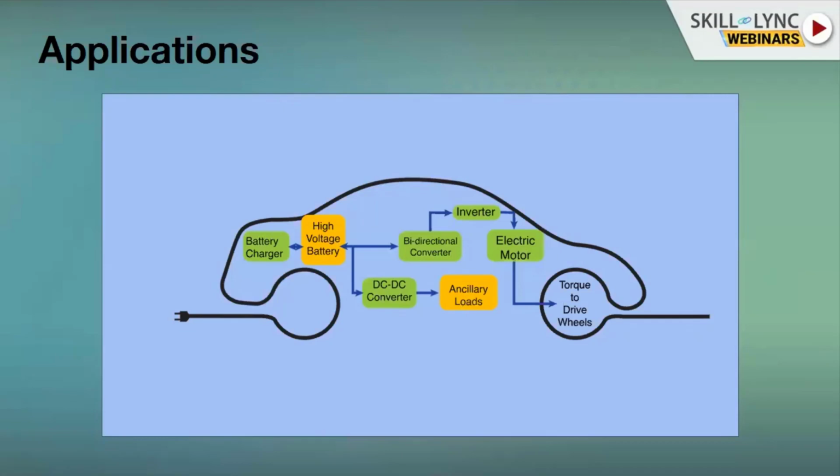For propulsion, the motor is AC. So from the battery, the available energy is going to be DC in nature. So we are converting it into AC with the help of the inverter. Today's topic, whatever we are going to see in detail.